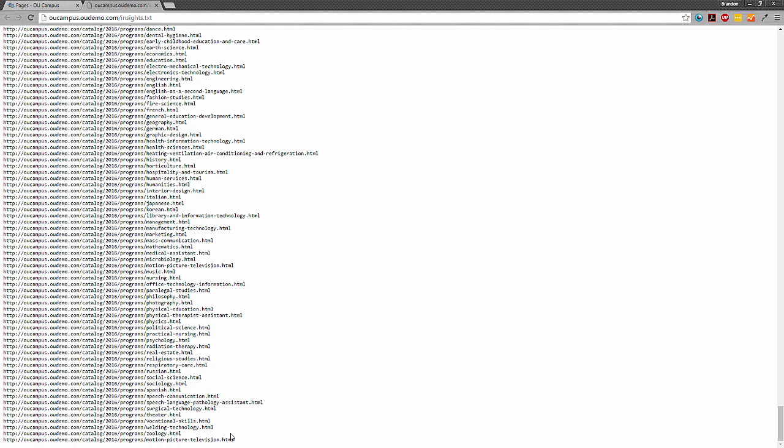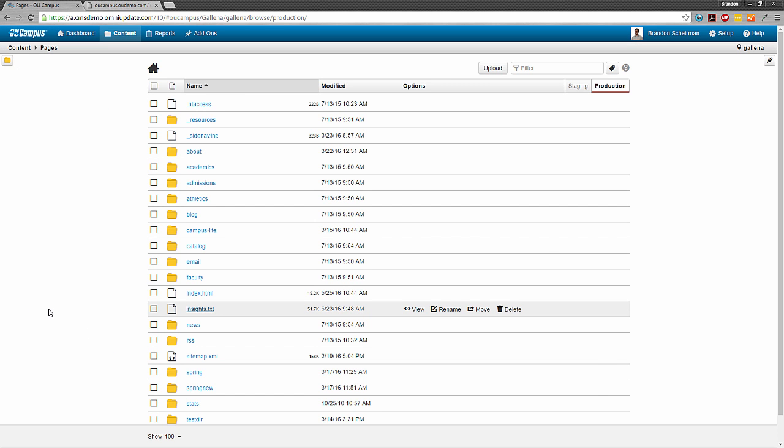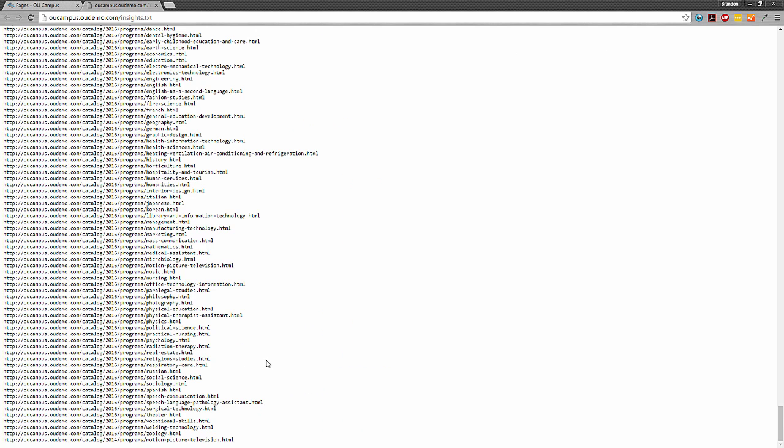In the future, once Insights has been implemented and maybe more pages have been made, the way that we can tell OU Campus to scan those newly created pages is essentially by downloading this file from the production server, perhaps using an FTP client, and then re-uploading it after you have gone in and added the new links at the bottom of this list. And then as soon as Insights scans again, it will scan those new pages, and you'll be able to view reports on them from within the system.